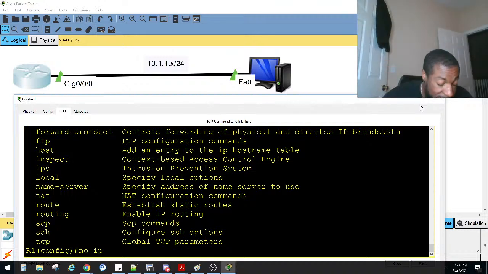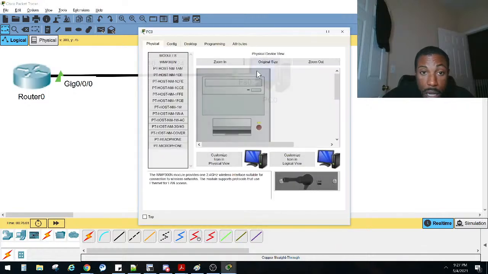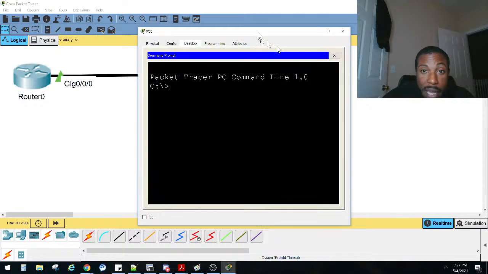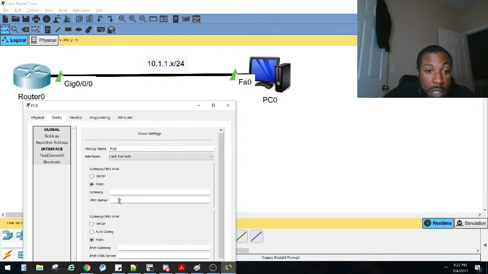Task 5, which is the final task: connect to the router using a PC with SSH. So we need to finally get this router right here and SSH to that guy. His IP address, we did not set it up. Let's use the command line to do that. No, we can't. You actually got to configure it because there's no DHCP server. So let's give him the static IP address of